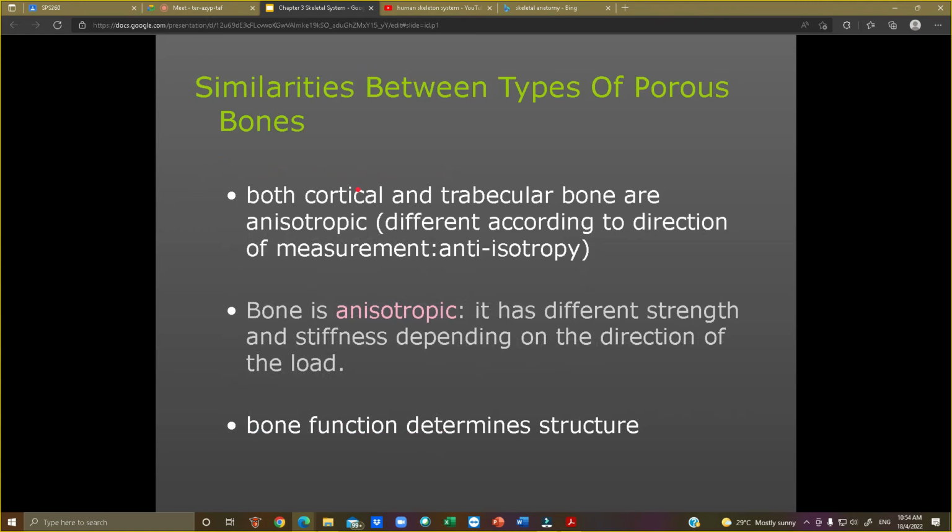And the similarities between those two, both cortical and trabecular bone are anisotropic, different according to direction of measurement. Bone is anisotropic, it has different strength and stiffness depending on the direction of the load. Maksud anisotropic ni kan,